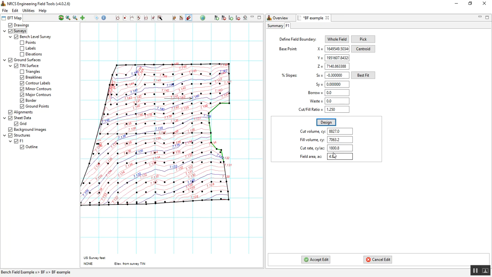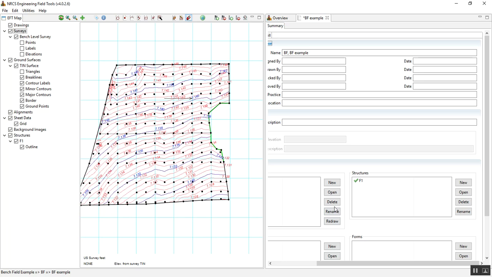And it's telling me that I have a cut rate of 1,800 cubic yards per acre. The total field area is 4.9 acres. There's my cut and fill volume. I'm going to accept the edit. And now I'm going to create the second field. So new